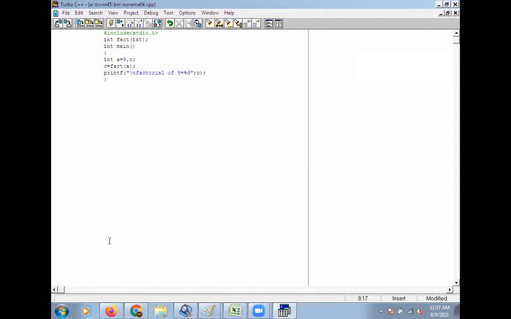Then here we are writing the definition of the function. So int fact, then the local variable here we are taking int p, then another local variable f is equal to 1.